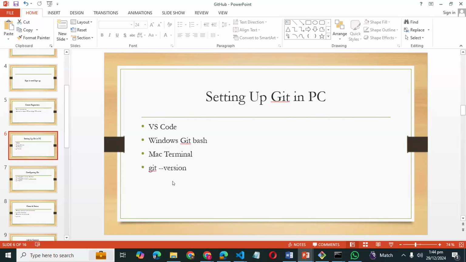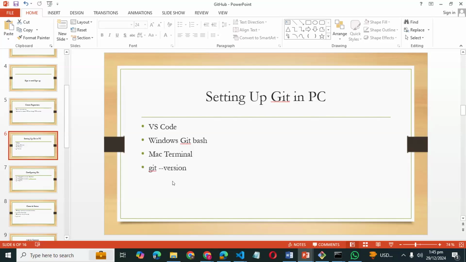Hold on one second. Yeah, yeah, sure. I'm trying to sign into my OneNote. 1 second.